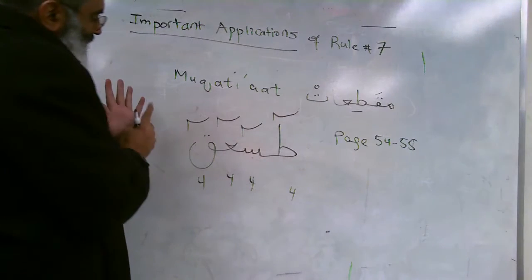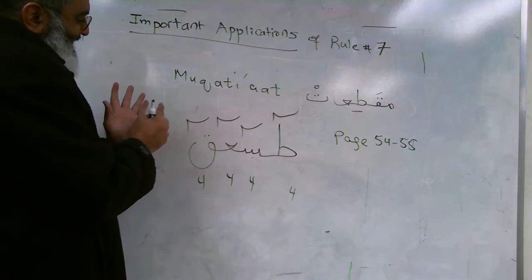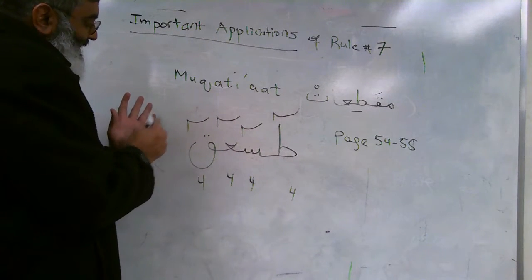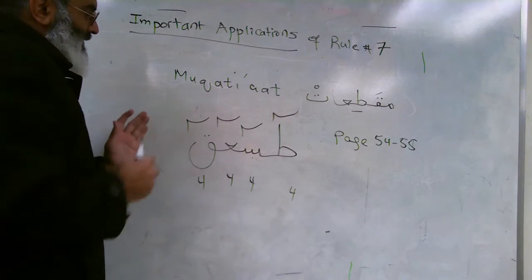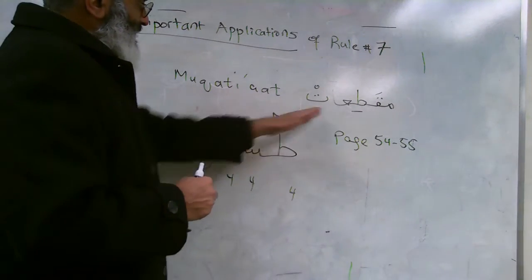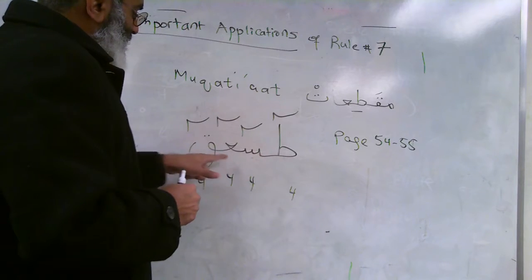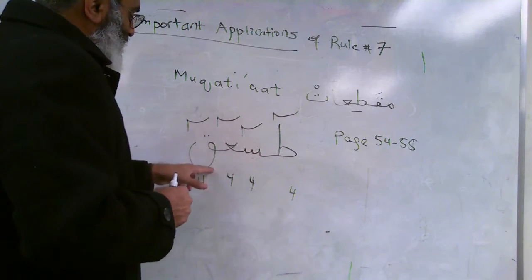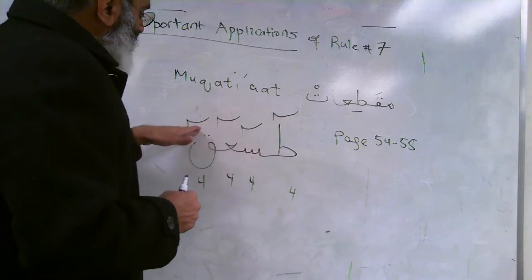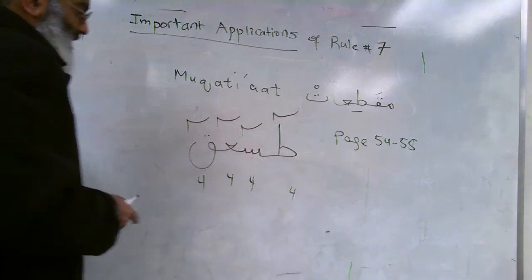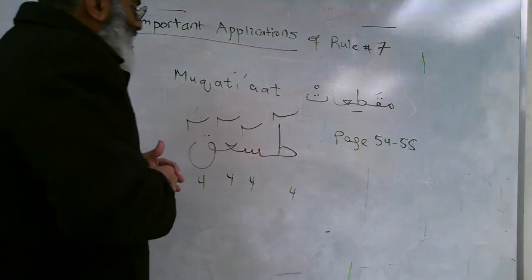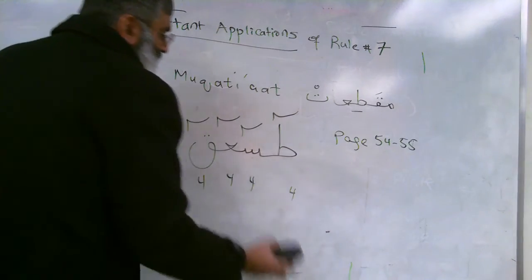So it will be Ta, Sin, Ain, Qaf. So again, because it is a muqati'at, it should be read individually. Each letter should be read individually, and depending on the symbol on it, you have to make it long according to the symbol. For example, here